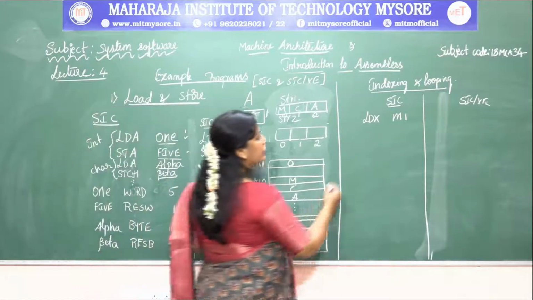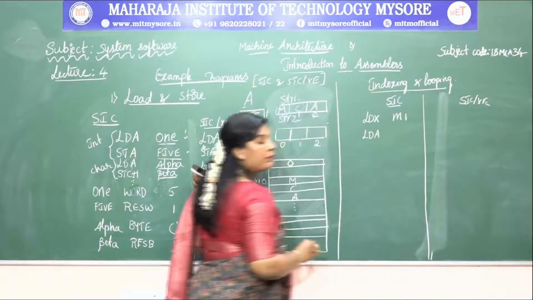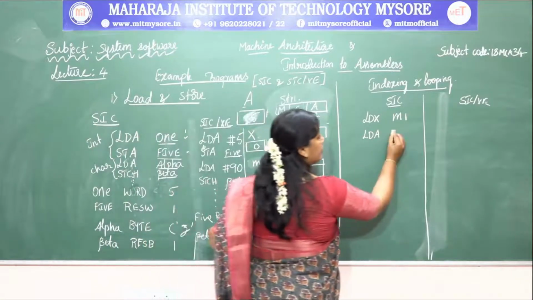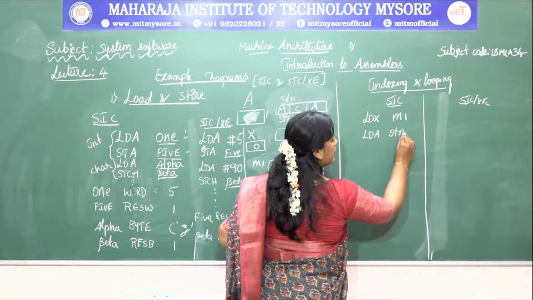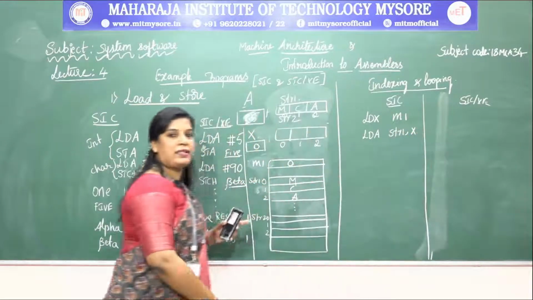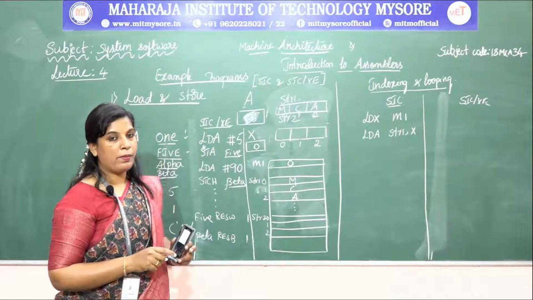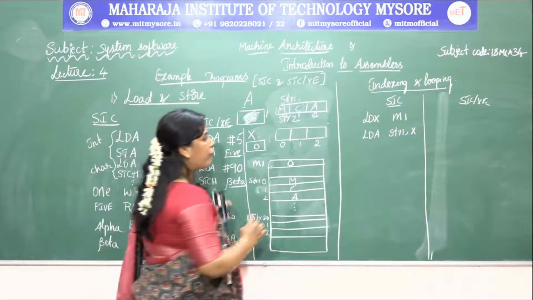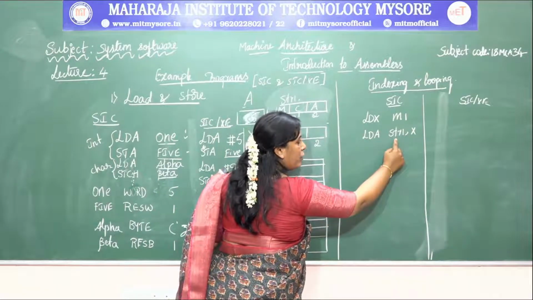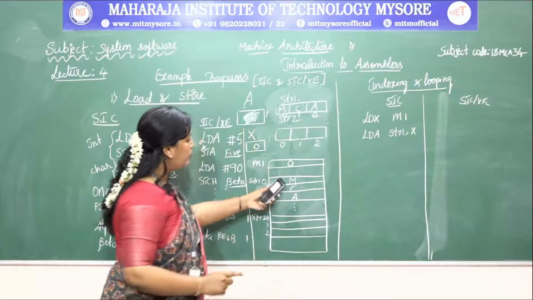So for that what I can do is load accumulator from which memory location? String 1 at position 0, that is the X index value, which at that time is 0, isn't it? So now I am loading the accumulator with the value present in string 1 at position 0.